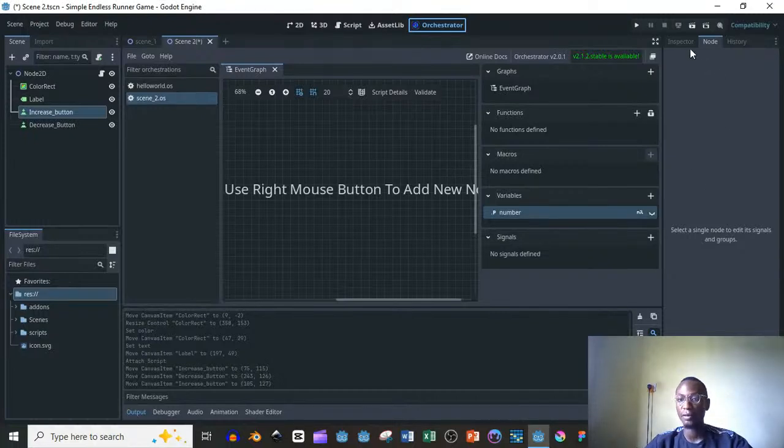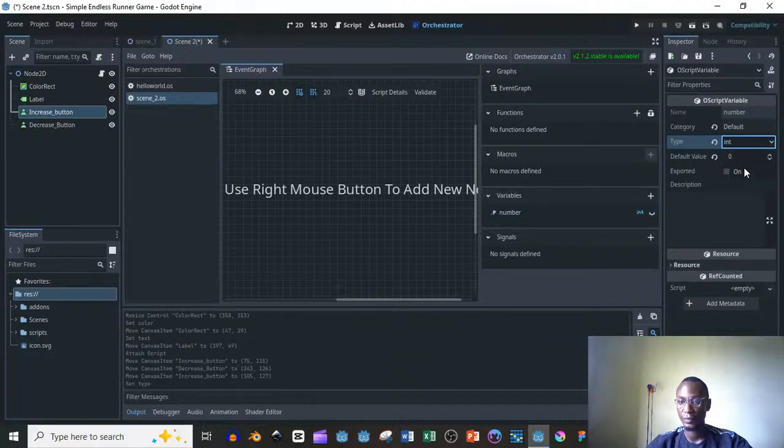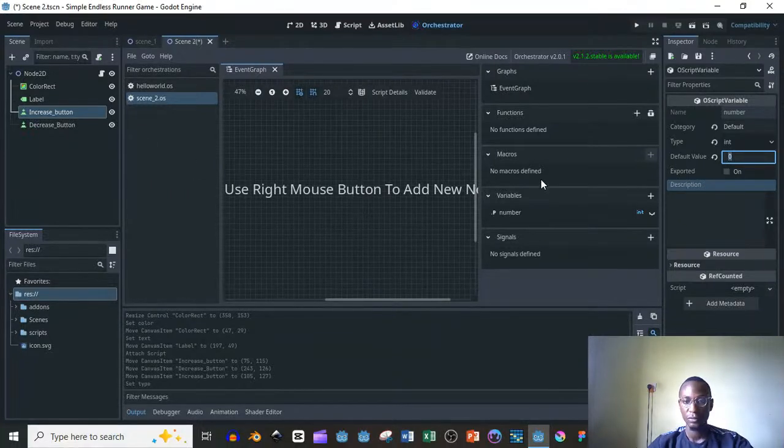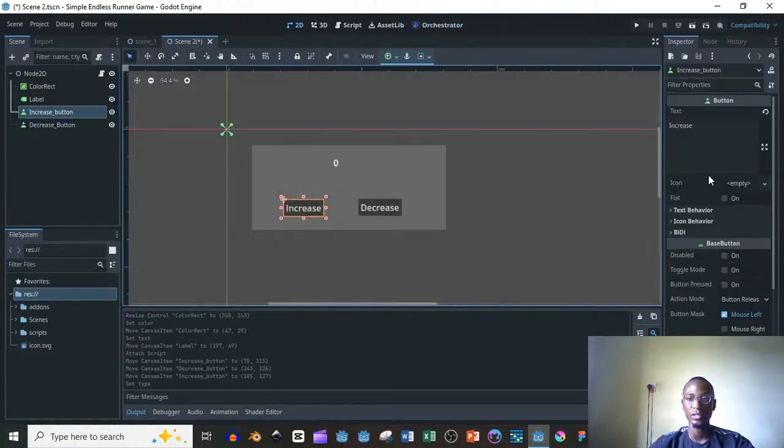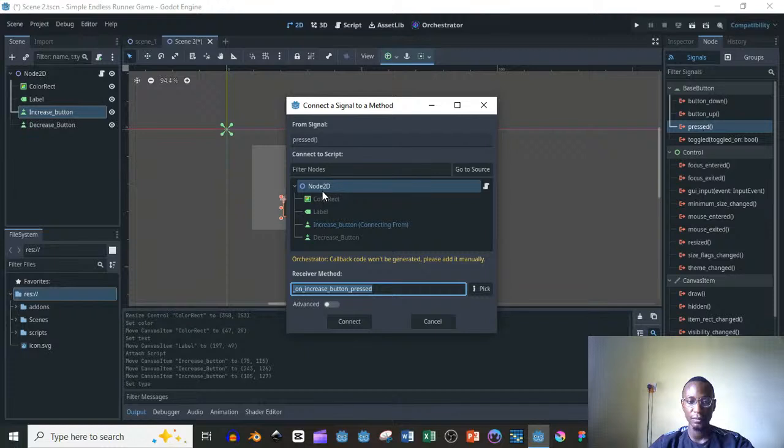So this number right now is going to be an integer. And right now it's going to be 0. I don't want to spot it because I don't intend to use it yet outside this place. So going up here, I'm going to go to my increase button, go back to my node again and get to the pressed, and then I can connect. So you're connecting to this, your script here for the node 2. That's for your scene 2. So once I connect it,